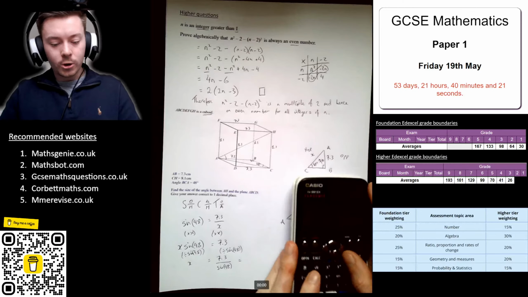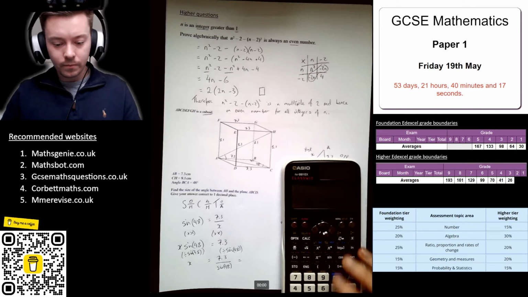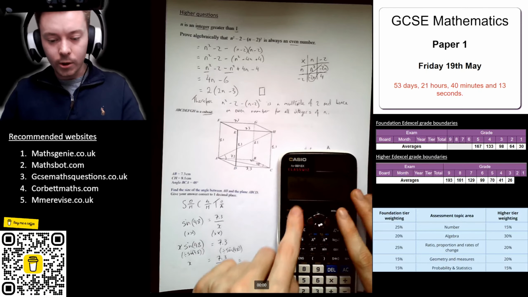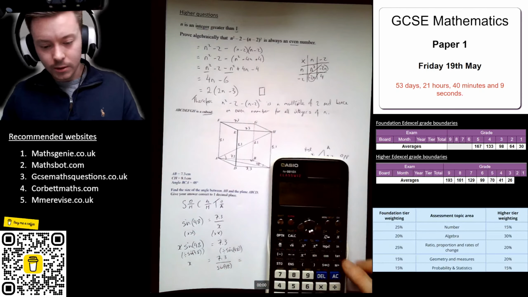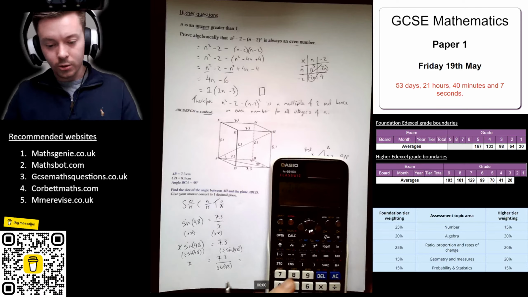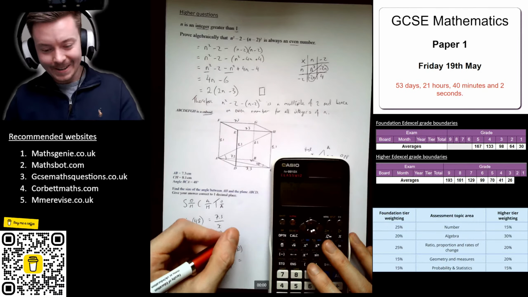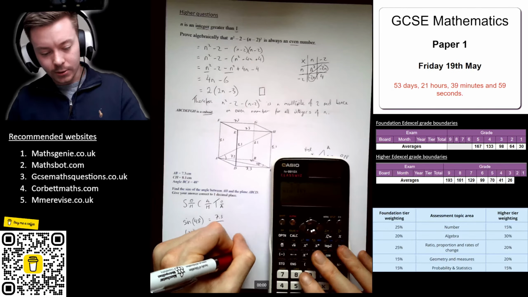Now, what I don't want to do here is round this number, because it's not my final answer. Also, when you're doing trigonometry, make sure you've got the D at the top of your calculator for degrees. If it's in radians, so it says R at the top, you'll get a very different answer, and everything will go wrong. So make sure you don't do that. So it gives me this answer,